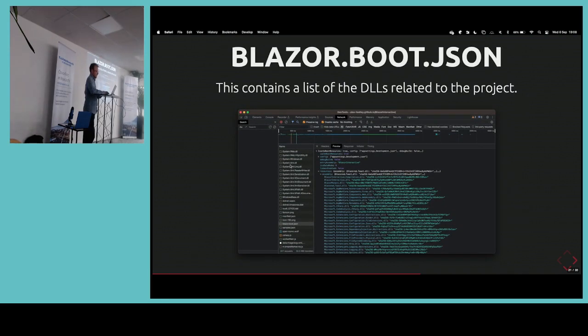So I was saying I need a list of those DLLs to be able to use them in my compilation. This is quite a unique case for this app. You wouldn't do this normally on a Blazor app, but knowing what DLLs have been served is actually put in a Blazor boot JSON. So any WASM app that you deploy has a nice reference list of all these apps, so I can just get from